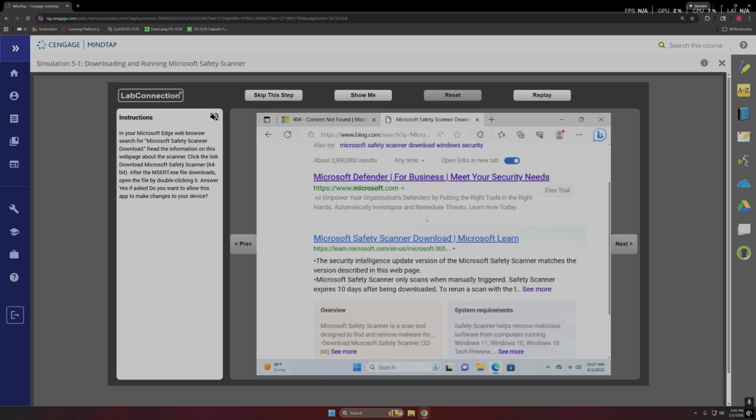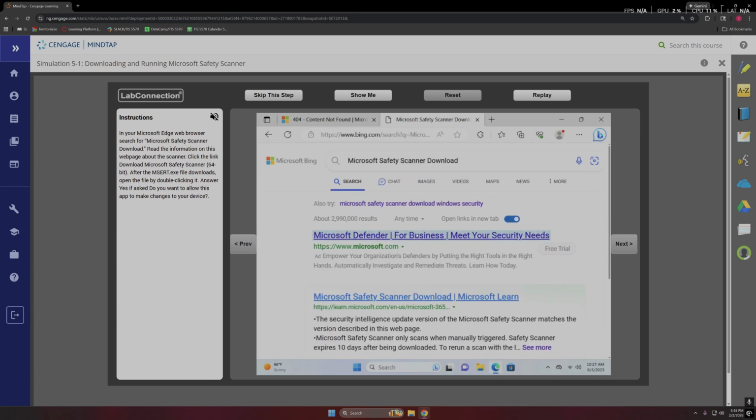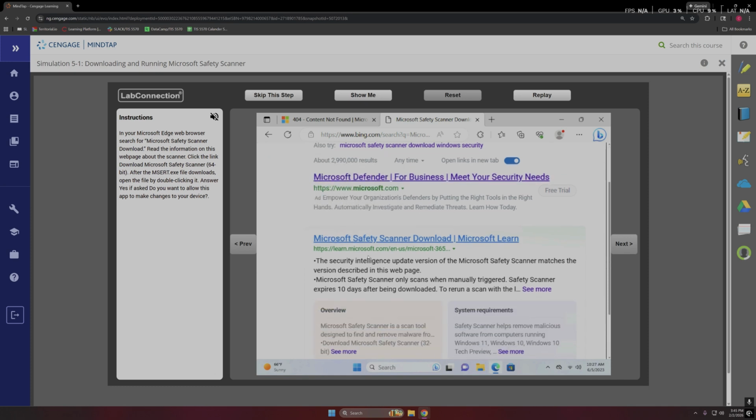And then after this, you're able to see which links, but it's not going to be this one. This is Microsoft Defender, so we are looking for the Safety Scanner download. And the security intelligence update with their scanner, and it describes what the page is about. And then we also have the safety scanner when manually triggered, and then it expires 10 days after being downloaded. So now we're going to click on the specific link,